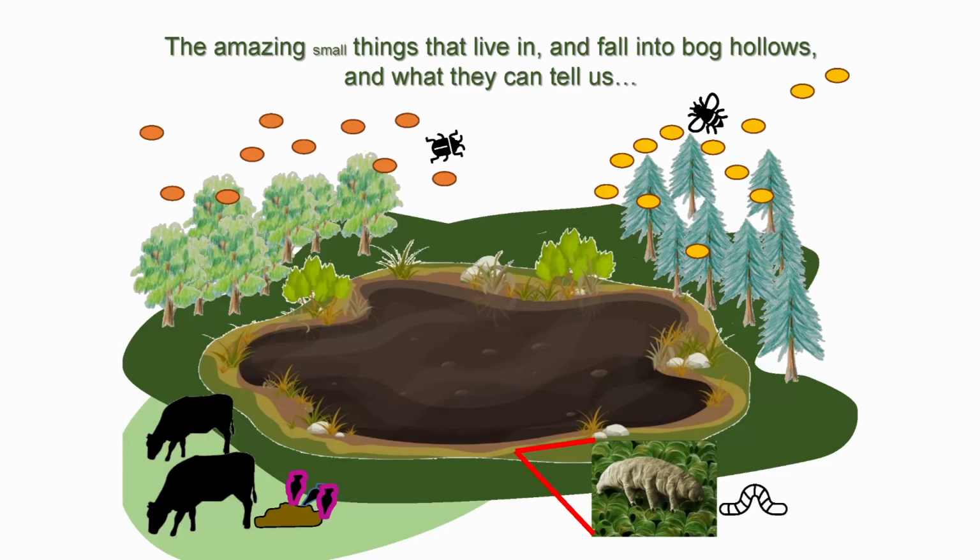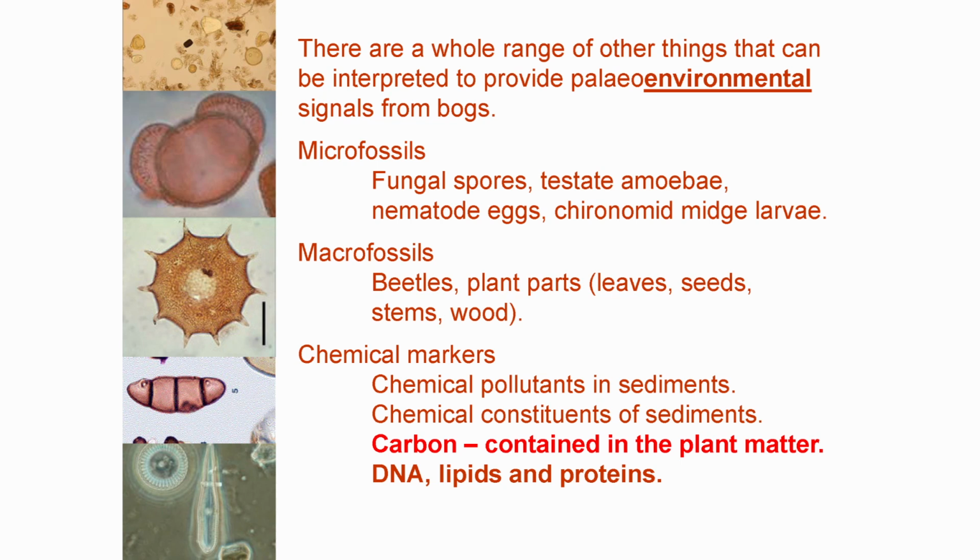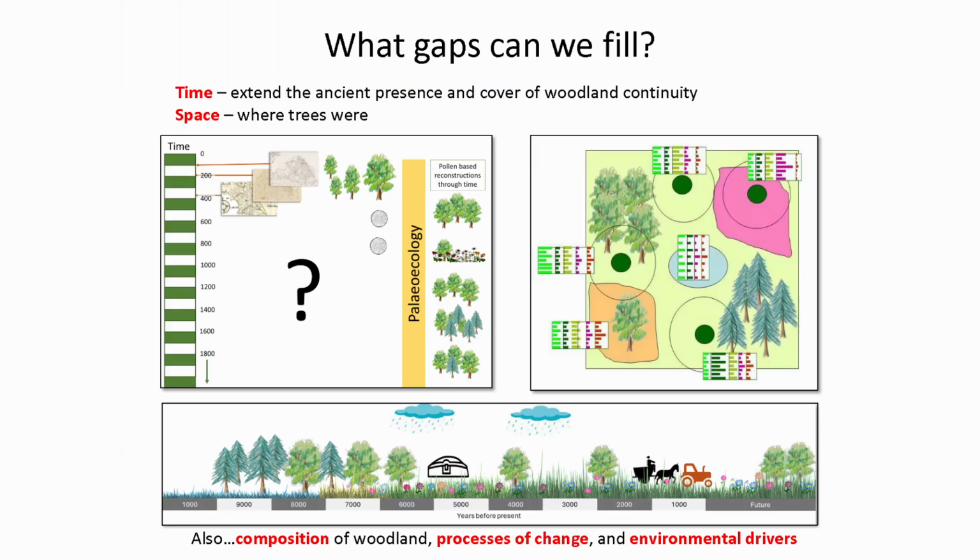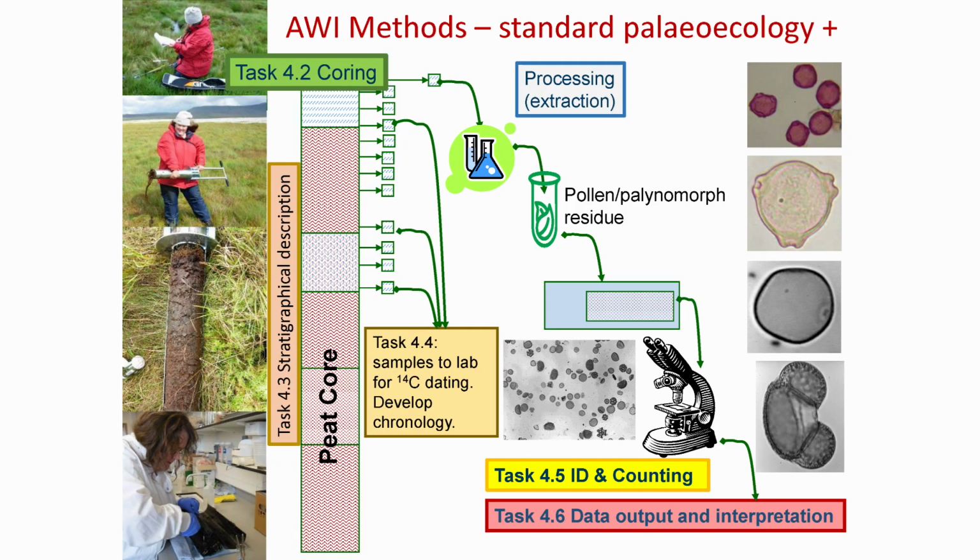And we have these amazing things that fall into bogs, pollen, but also fungal spores. We have insect remains. We have all sorts of things falling into the bogs, which we can use to build that history and talk about environmental change as well. So, we can fill all of those gaps, but there are problems. We can talk about composition of woodland, processes of change, environmental drivers. We can do that through this process, and these are the processes that I'm going to go through in the